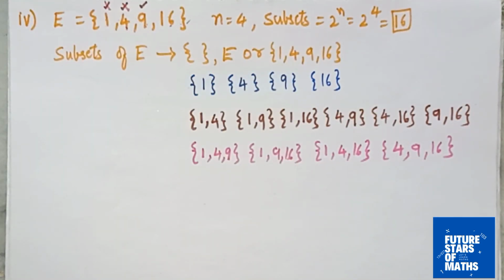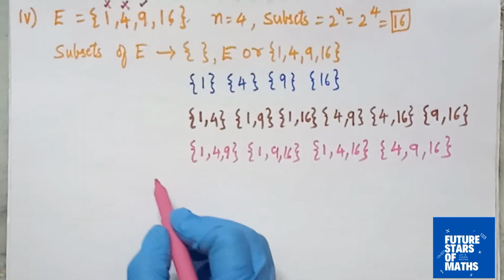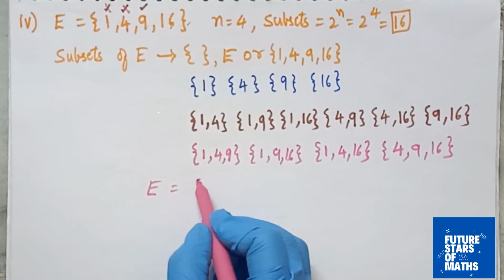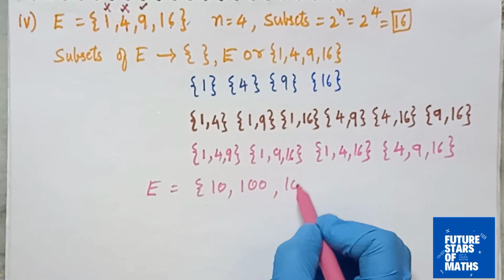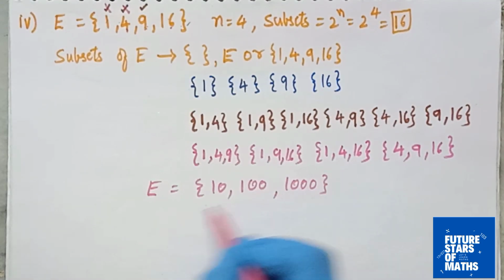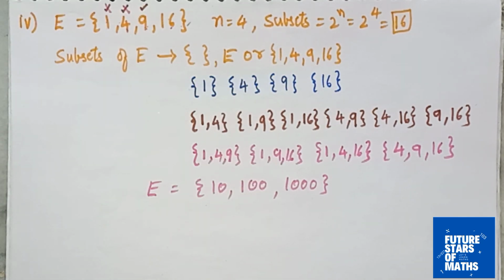Is it clear now, students? Now you can do the fifth sum by yourself. It is similar to the second sum. In the second sum we had X, Y, Z. Now in place of X, Y, Z, in the fifth sum, what is given? It is given 10, 100 and 1000. Now you do this sum by yourself and we will meet you in our next video with the new